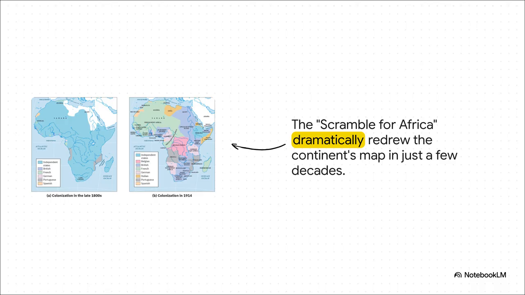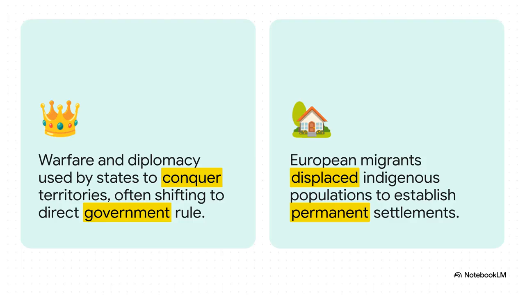This was the infamous Scramble for Africa, a wild period of competition made possible by new tech like the steamship, which could travel up rivers, and the Maxim gun, which created a massive military imbalance. So how did they actually control these huge new territories? Well, you see two main approaches. On one hand, you've got direct state expansion. This is where governments themselves, using armies and diplomats, took over. We also see a big shift here, moving away from rule by private companies, like the famous Dutch East India Company, to direct rule from London or Paris.